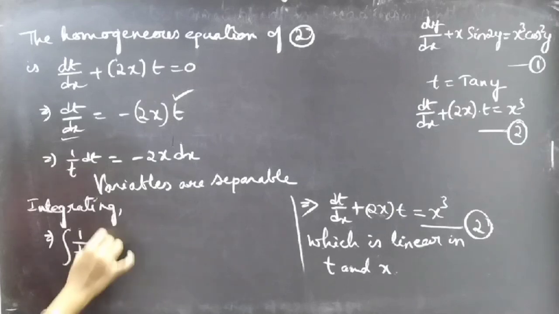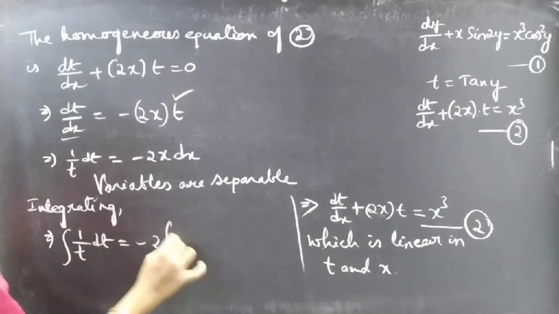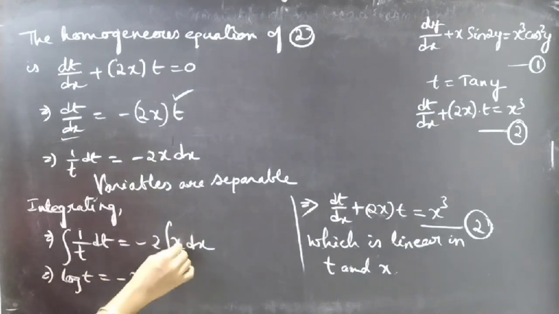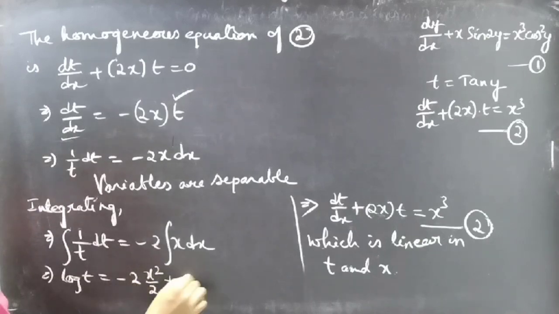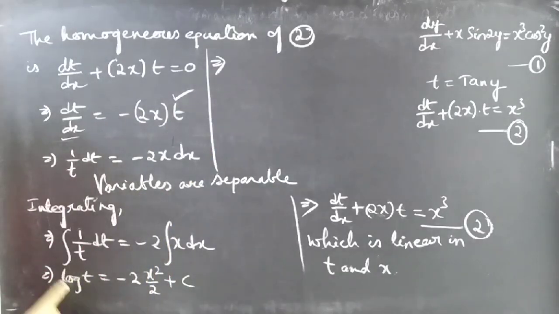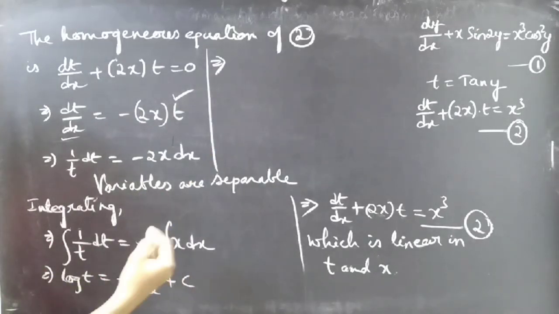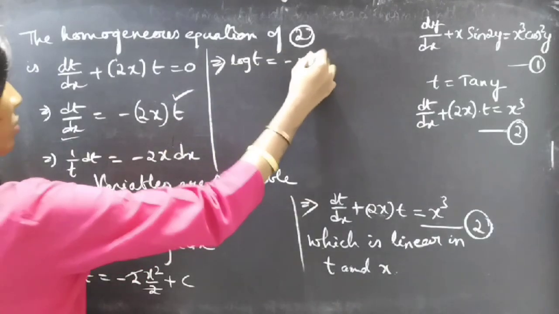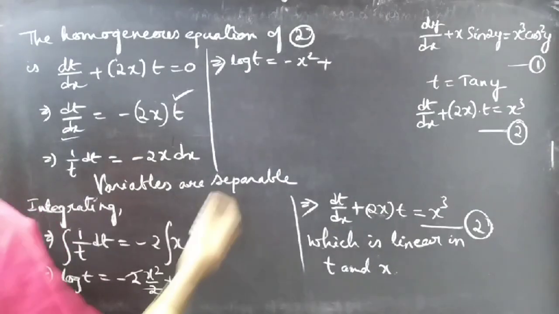Integral 1 by t dt equal to minus 2 integral x dx. This becomes log t equal to minus 2 integral x dx, which is x square by 2 plus some constant, say c. Since we are having one term in terms of log, let's write the constant in terms of log and cancel this 2. We'll get log t equals to minus x square plus, I'm writing the constant as log